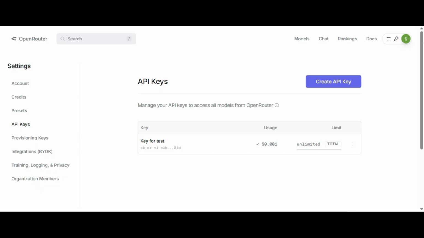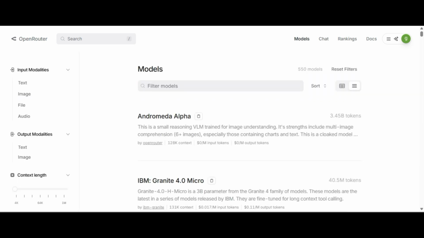And the best thing about OpenRouter is, when you connect your OpenAI account, you have limited model options, and you only connect OpenAI models.